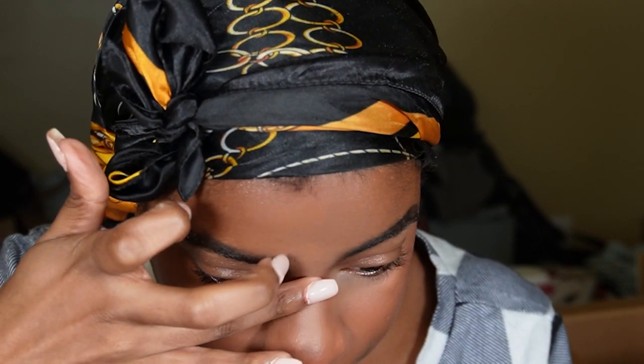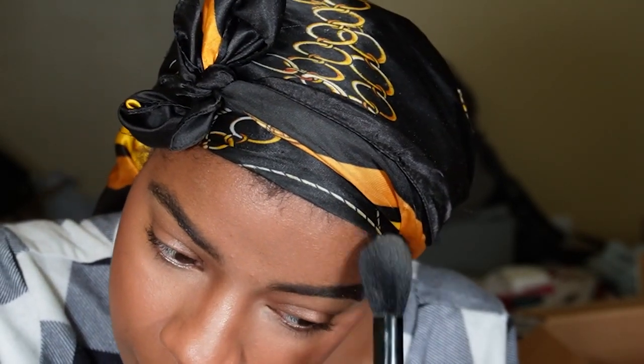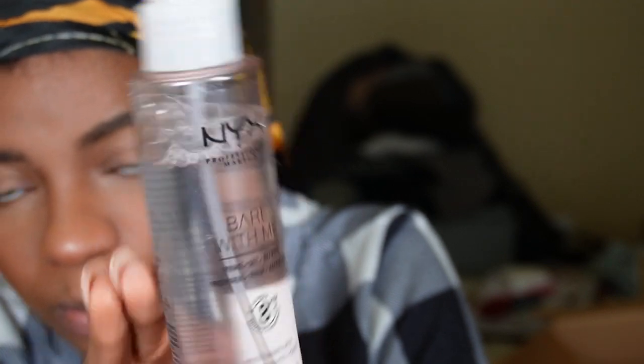Wet n Wild, ooh, I'm telling you, I literally always get compliments on my blush. No, I get compliments, period. I get compliments all the time, but I get compliments all the time on my highlight, if I'm wearing a highlight, and it's always this one, and it looks so good. It looks so freaking good and lustrous and just delicious. So I put it on the cheekbones, high points of the cheekbones, down the bridge of the nose, and tip of the nose. I love a nose highlight. I don't care if it's 2016 makeup. I don't care. It looks good. I'm sorry. It just does. And then I put some on high points of my forehead a little bit, just to show you I too can have a forehead. It's more like a 3-head, but